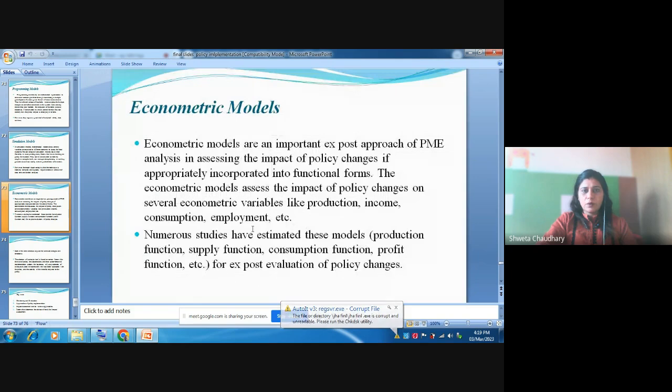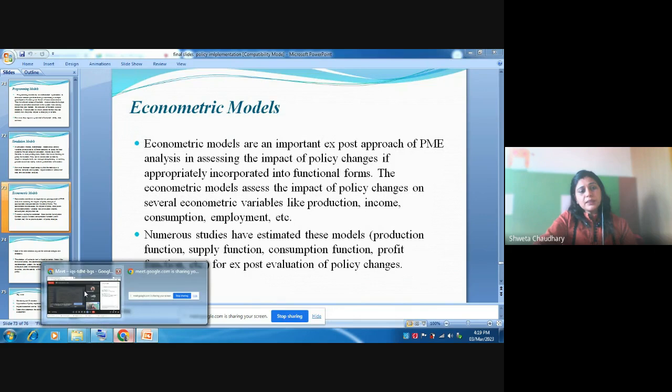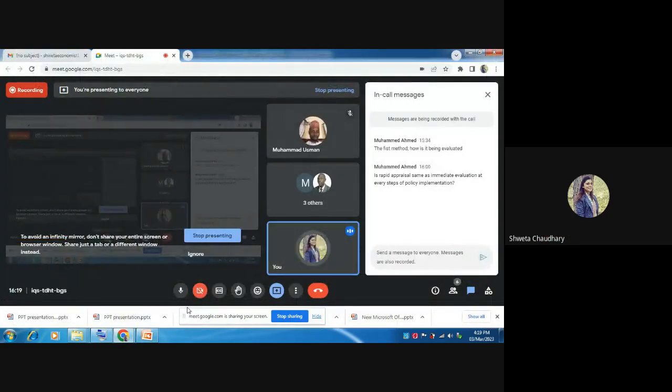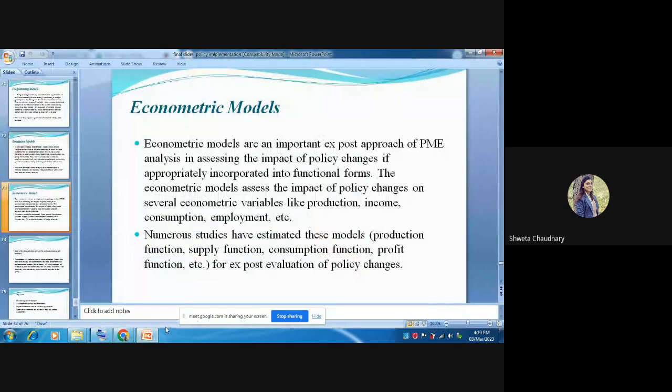And then we have various econometric models. Econometric models means if we have to see the impact of anything, suppose production is being affected by the labor utilized, the irrigation provided, the land given, the skill of the people. So all these factors are affecting how much? What is the percentage rate of these factors on the level of production is what econometric models we see.